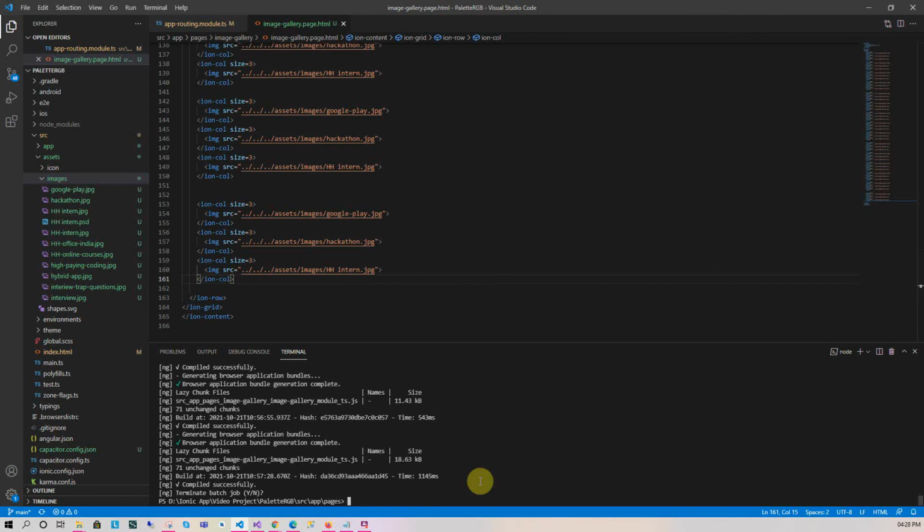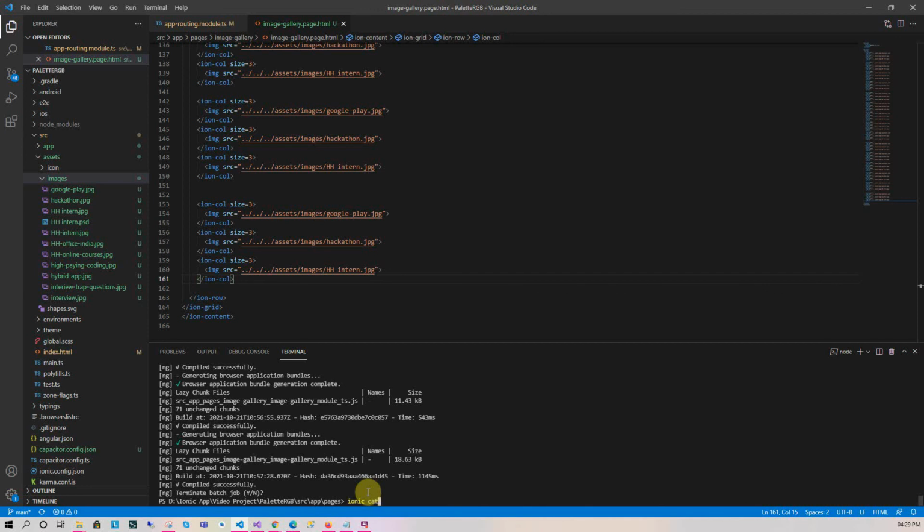To stop the application, press Ctrl plus C. Here, as you can see, the application is stopped. Now I need to write another command. The command is ionic. I need to build this application for Android, so I need to tell the compiler for which platform I need to build this application. So it says ionic